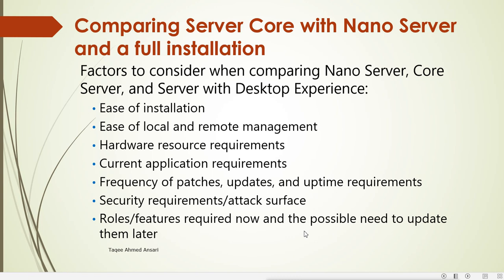For example, suppose we want to install a DNS server on Windows Server 2016. I want to configure it as a DNS server, and I want that server to do only the DNS job, nothing else. If it has a graphical interface, it will use resources for managing the graphical interface also. But when we have a Core version where there is no graphical interface, it can use the whole resources only for managing the DNS server, which is what we want.